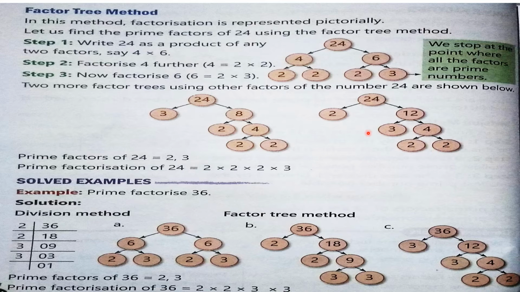Here also you can see in this way also we can do. So prime factors, see, only 2 and 3. We are not writing 3 2's here. Why? Because this is one prime number only. So we are writing here 2. And in prime factorization, we need to write all the prime numbers, 3, 2, 2 and 2. 8 and 4 are not prime numbers. Got it, children? These two are composite numbers. So we are writing only the prime numbers. So prime factorization means the prime numbers which represent this. Got it, children? In the same way here also, everything is same.